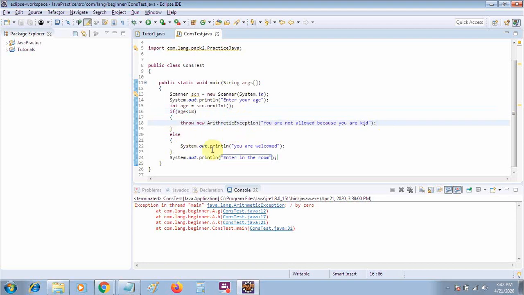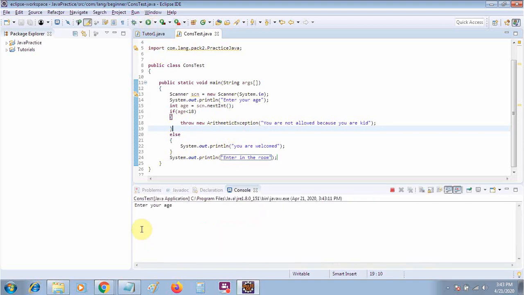In this kind of situation, we will use the throw keyword. Always remember throw is used this way: you write the throw keyword, then the new operator, then whatever kind of exception, whether arithmetic or null pointer, whatever exception you have. Also remember throw is basically used with unchecked exceptions, meaning runtime exceptions.